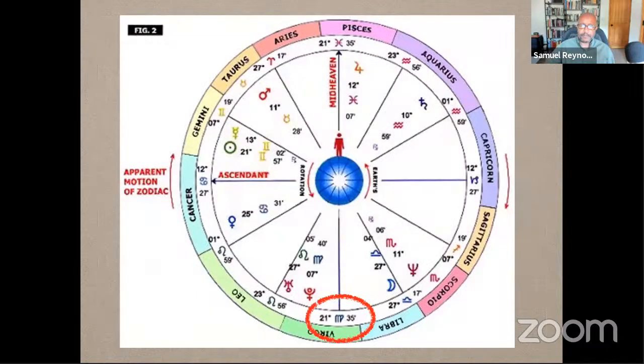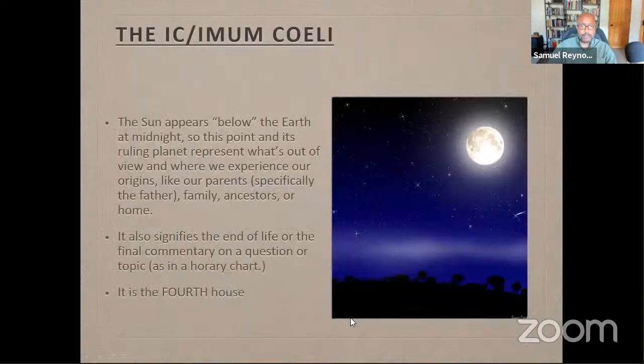The other thing that it relates to is that the chart was divided up into quadrants, where we have the early part of life, literally as a child, the first quadrant, then going with the sun's movement, the second part of life, which would be going toward young adulthood to your maturity, the third part of life, from the sixth house to the fourth. And then from the fourth, this was going toward your final days, which would be senior life. So that is also the designation for why we have the fourth house related to the end of life.